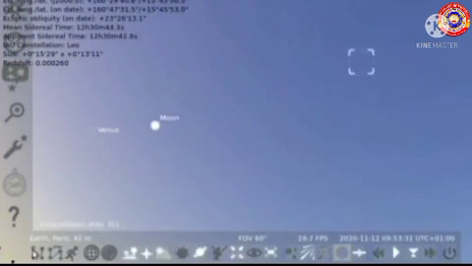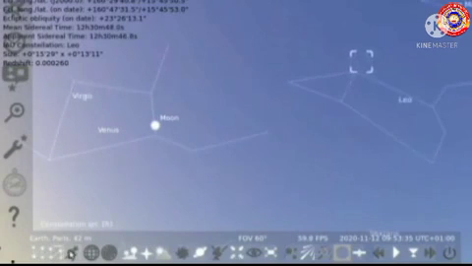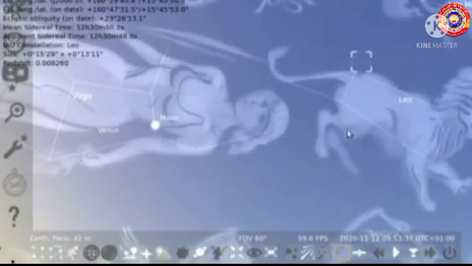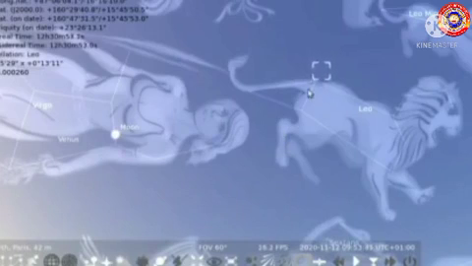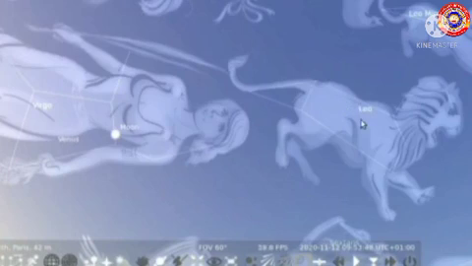Now observe carefully. To see the constellation clearly, click on the constellation lines and constellation art on the status bar. See, this is Leo. It is lion shape. Shape of a lion. You can see a lot of constellations in this beautiful sky. Now let's move to our another activity.